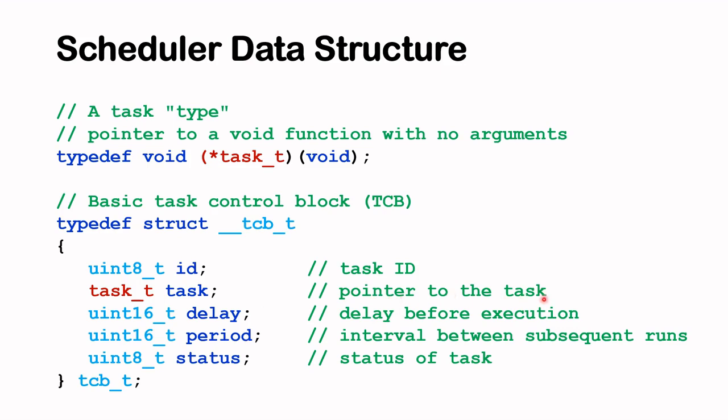Basically this is a pointer to the tasks, this one here, and then there is a delay member, then there is a period member. Basically the period is the interval between the subsequent tasks run. Then there is the status of the task, and this task here, the type is being declared here, so it's a pointer to a void function with no